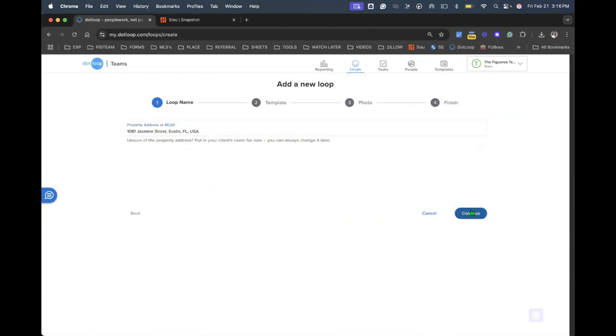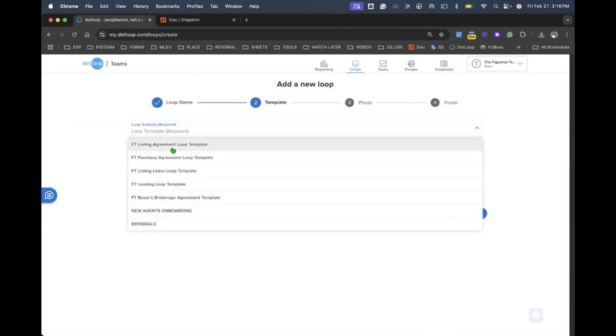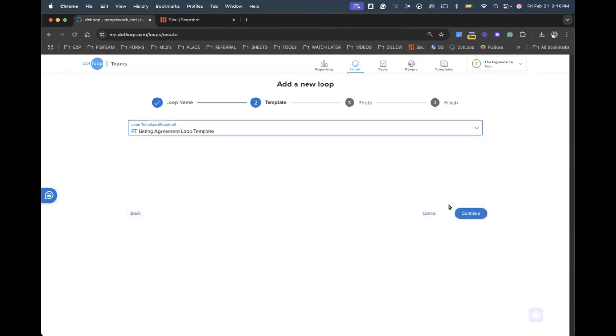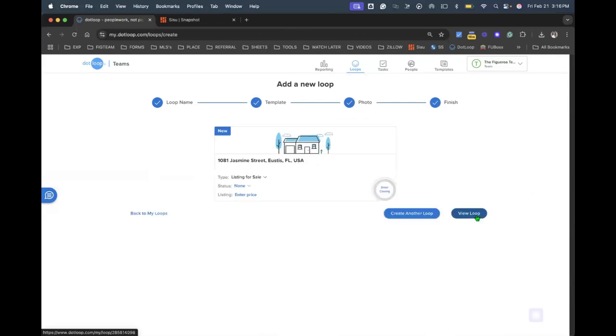Once you've put in your property address, you'll hit continue and you will select the loop template, Fig Team listing agreement loop template. You'll hit continue. You don't have to add a photo if you don't want to, and you can hit done. Once the loop has been created, view loop,